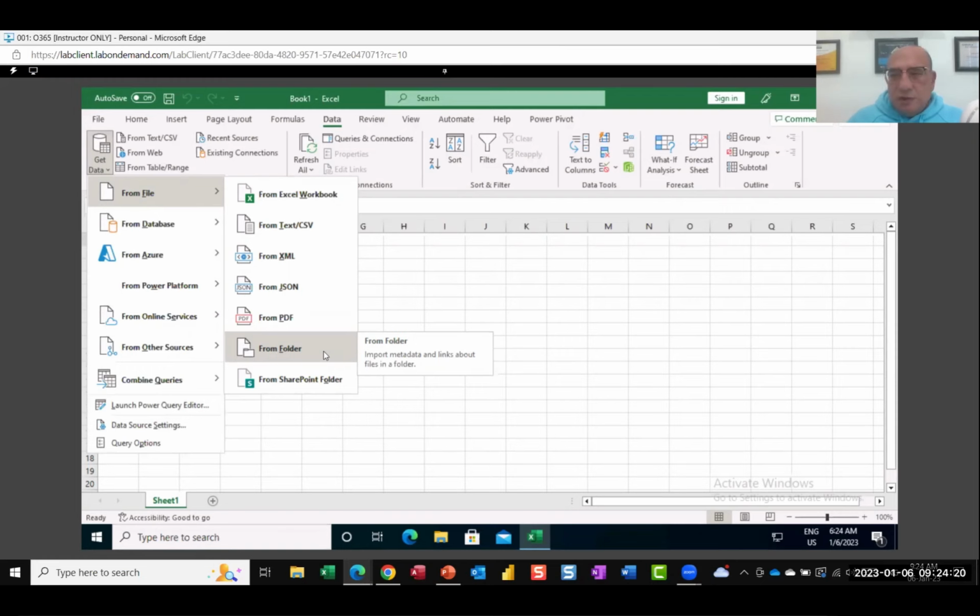Now you start working with me. A blank Excel workbook. I go to the Data tab, and then I click on the down arrow for Get Data, From File, From Folder. Are you working with me? When I click on From Folder,